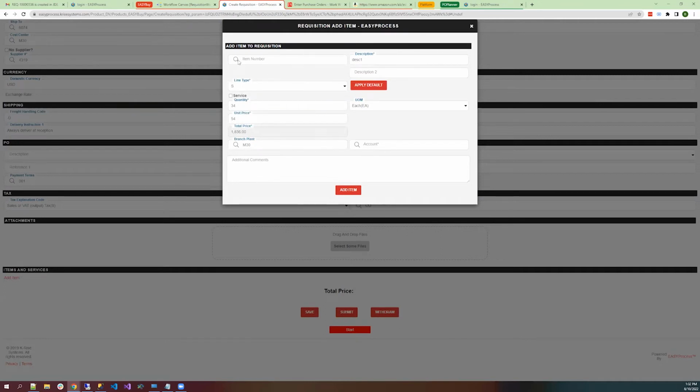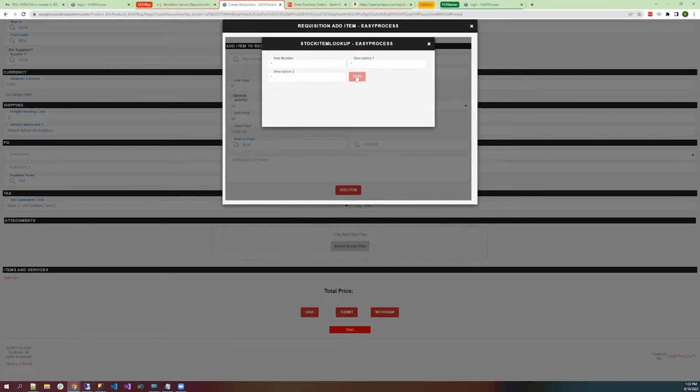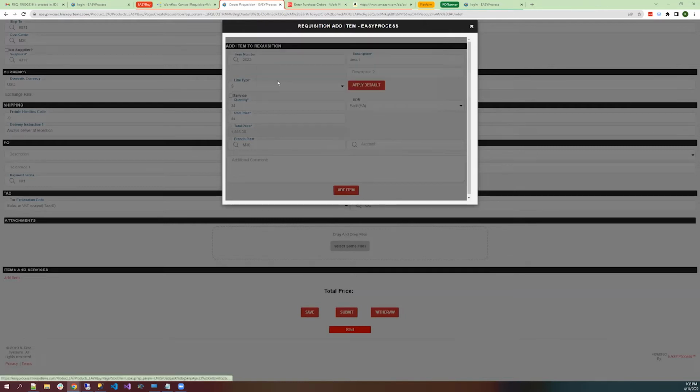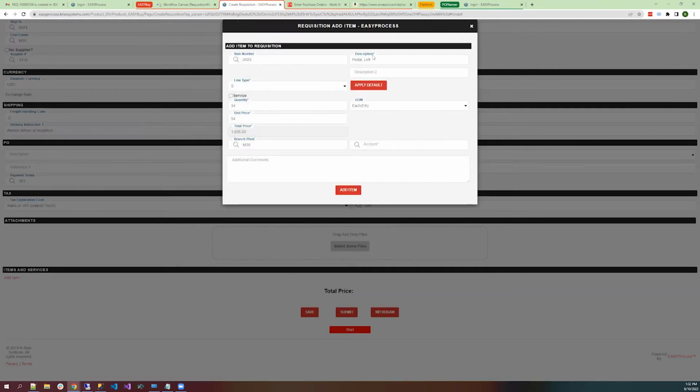So it pulls up this lookup in the item number. If we click this, and we click find, this queries the item master for the supplier that we have selected and pulls up all of the items. So let's say we need this item here, it automatically fills out the description. And then we can continue as normal.